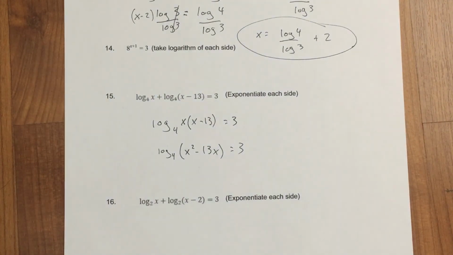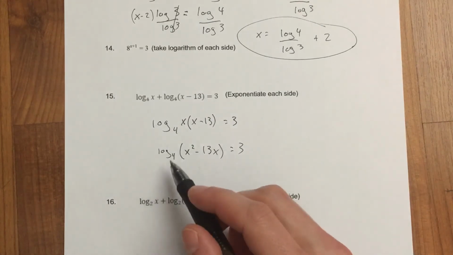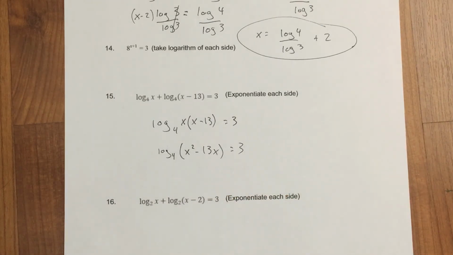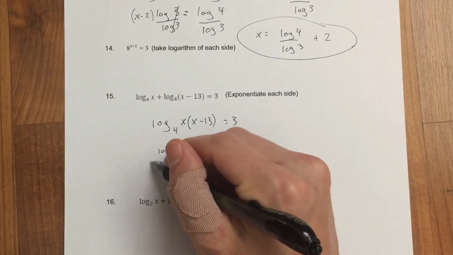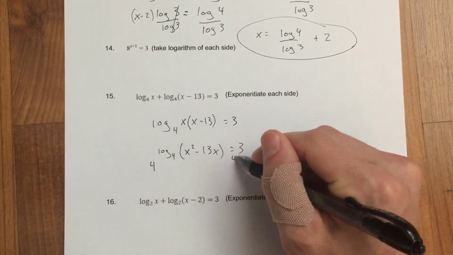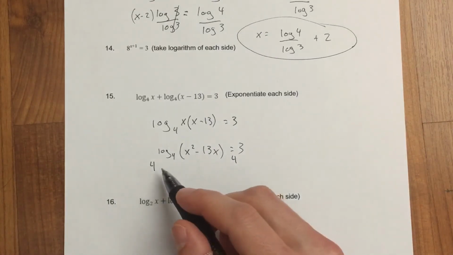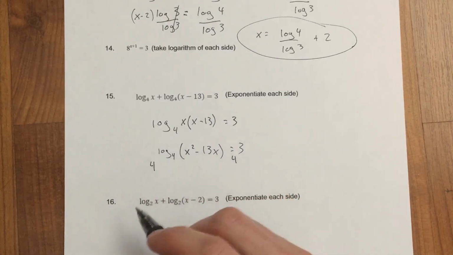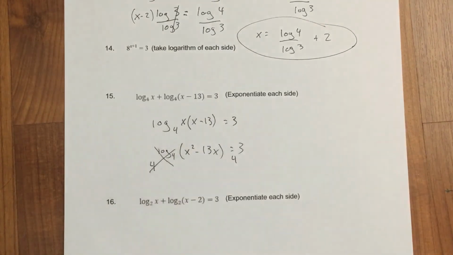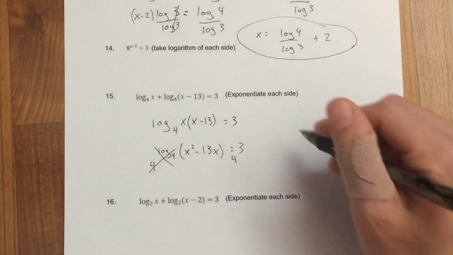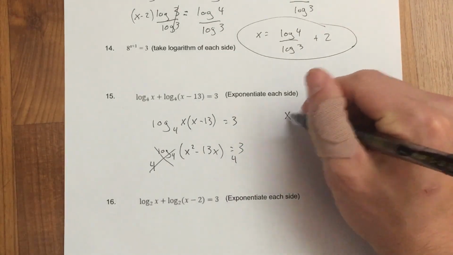Now, the exponentiated equation, that means to write each side basically as the exponent of an equation. So watch what happens. I'm going to put a 4 down here on each side. And there's a reason why. The reason why is 4 to the power of log base 4 cancels each other out. So we can rewrite this equation. I'm going to rewrite over here. The left-hand side, I just have